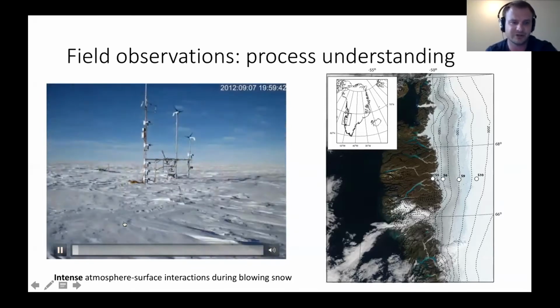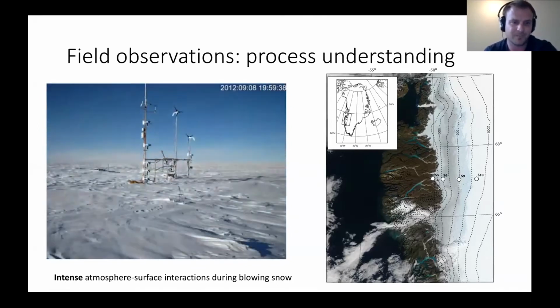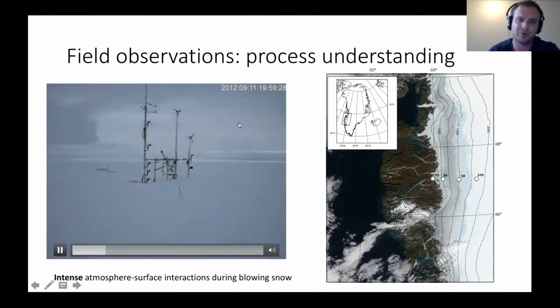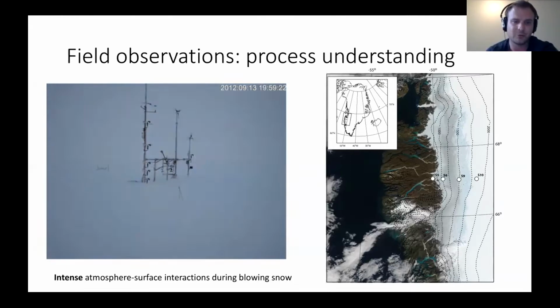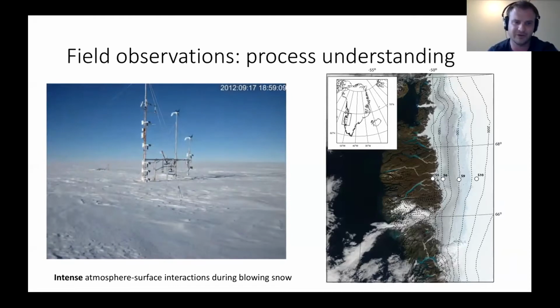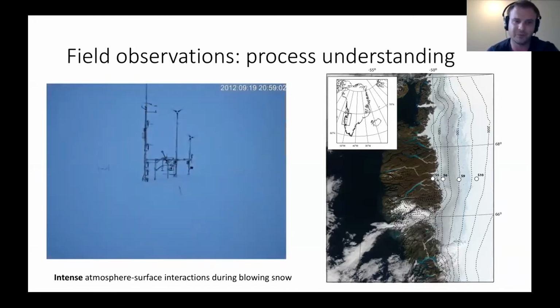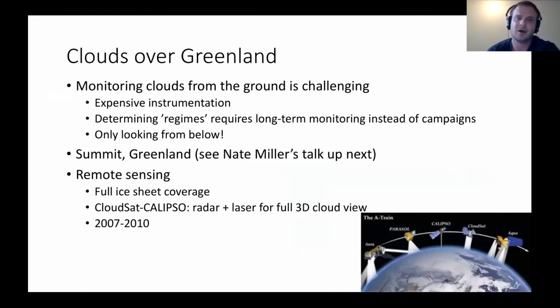And this is just showing a temporal animation during the months of September, October, and November in 2012. And you can see so much going on. There are so many interactions between the atmosphere and the surface going on. These kinds of interactions are so small scale that you can't really either observe them from space or model them. So we really need to go into the field to understand these kinds of processes. But of course,